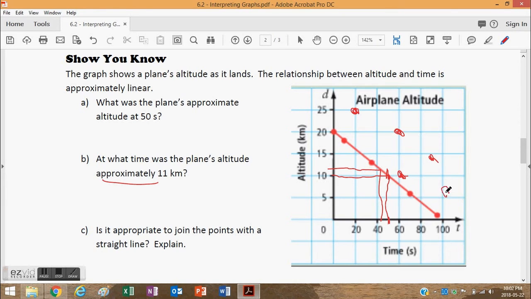Here's a question, a graphing type question. Is it appropriate to join the points with a straight line? When we look at them, they appear to be in a straight line. So yes, they would be. Now, if I had a point here,